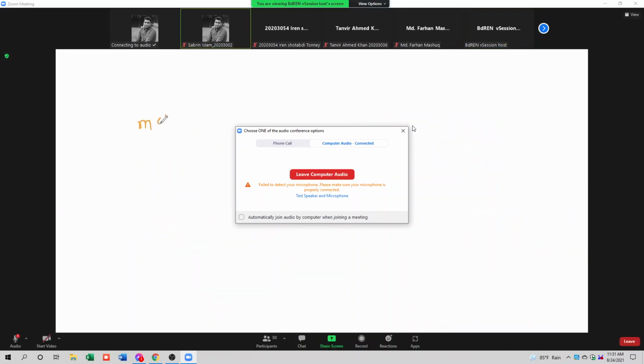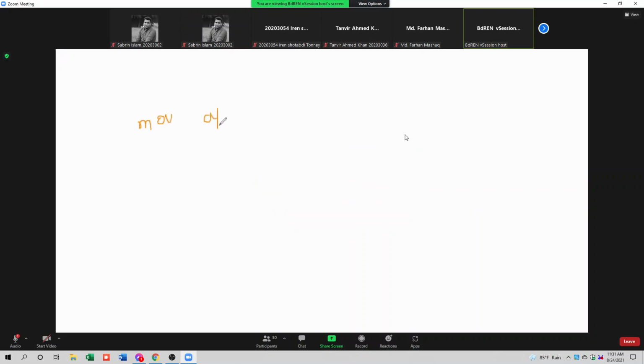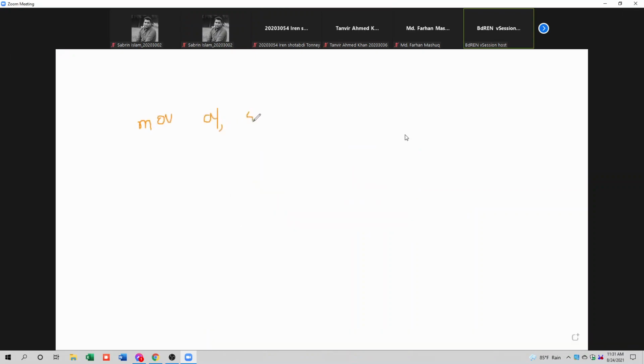The operation is move AL, 5, sub AL, 8. Now what will be the result? The binary representation of 5 is 0, 0, 0, 0, 0, 1, 0, 1, and 8 is 0, 0, 0,